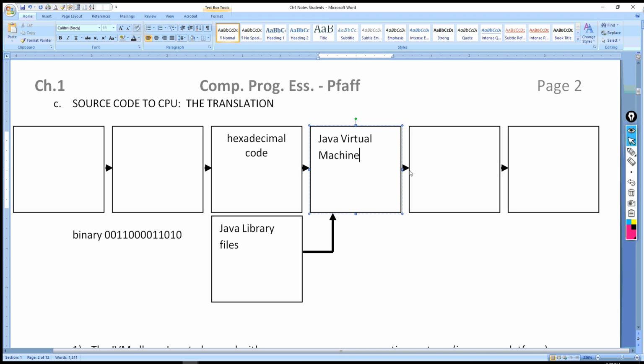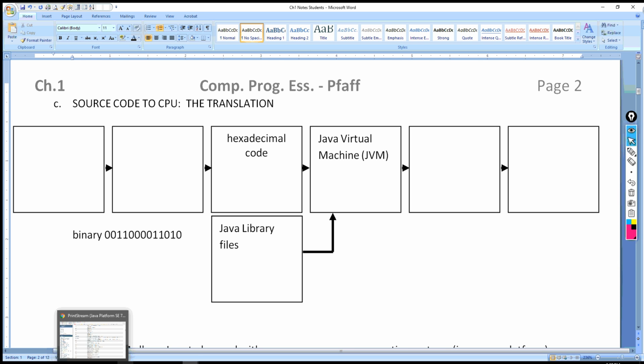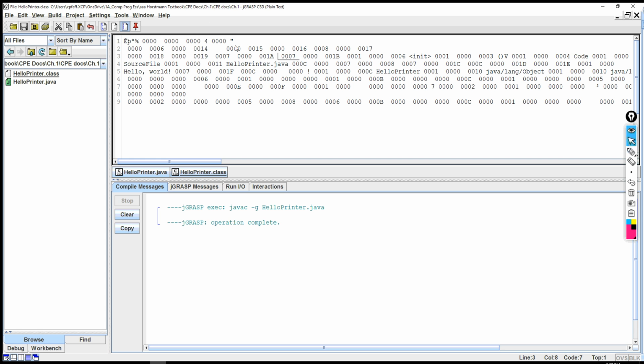Okay, the Java virtual machine, which we just say JVM for short because we're lazy, will now translate this hexadecimal code even further. But also what's being used in this Java virtual machine is Java library files. So we're going to take a look briefly at that. And so here, first of all, it's going to take this code in here, the hexadecimal code,